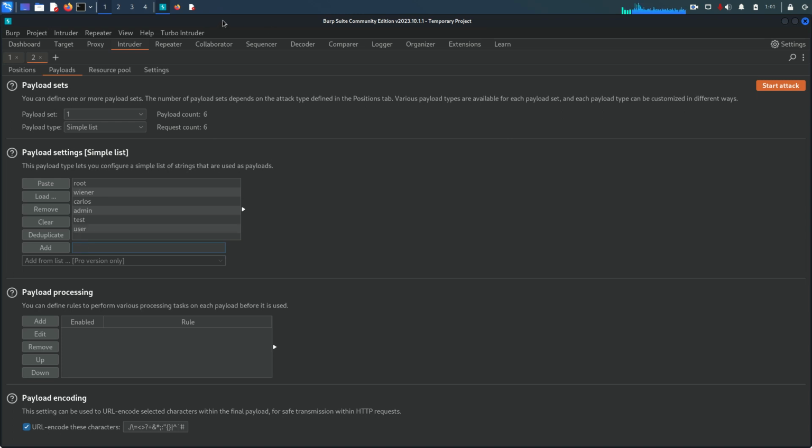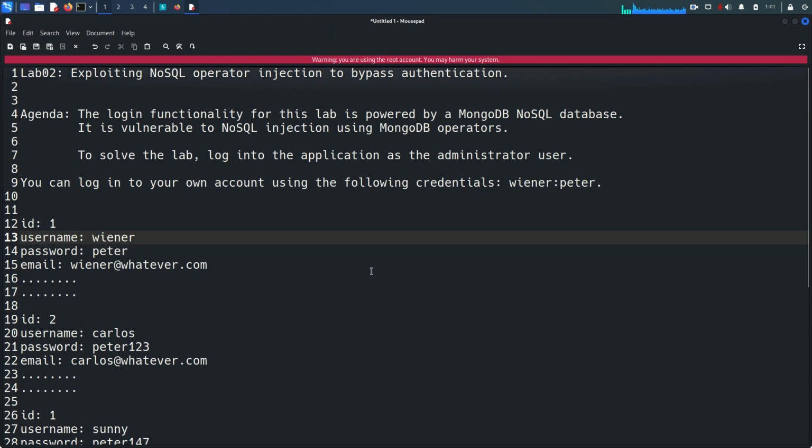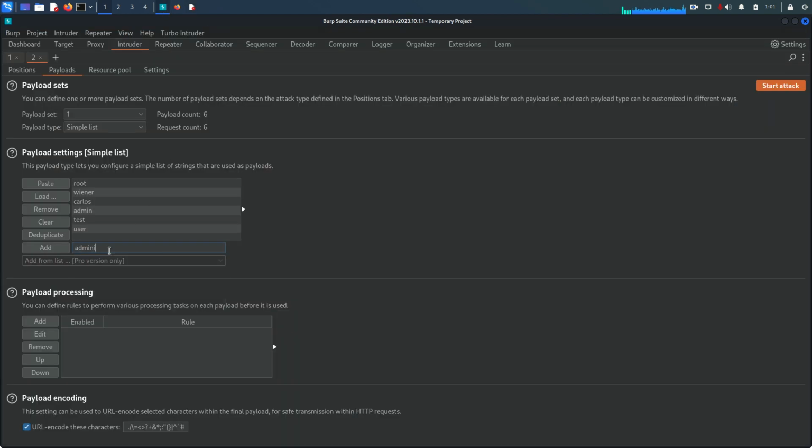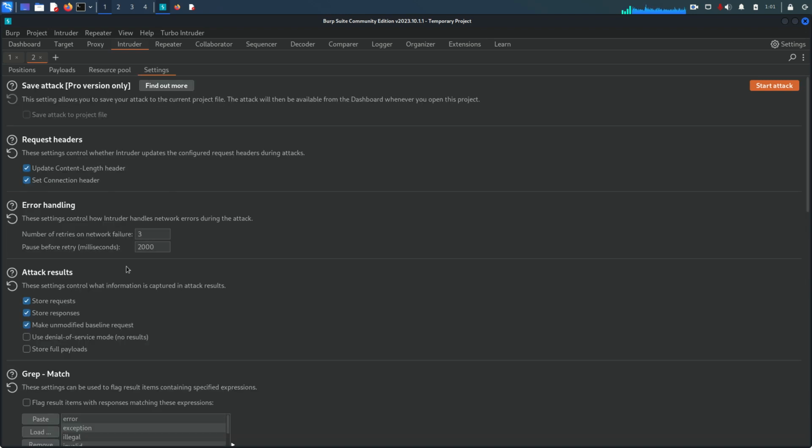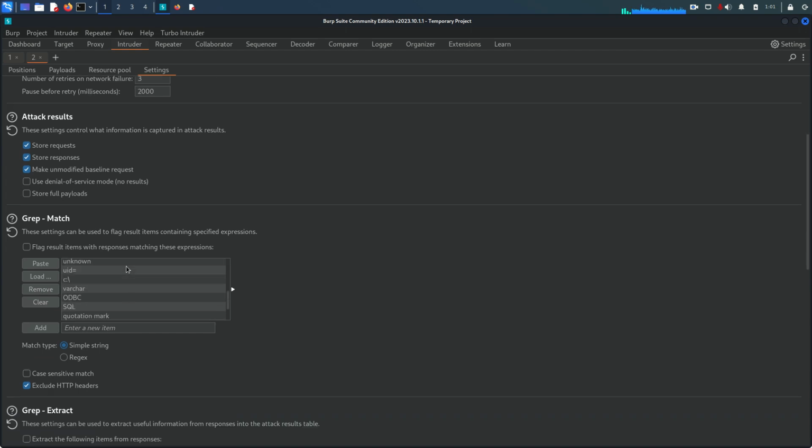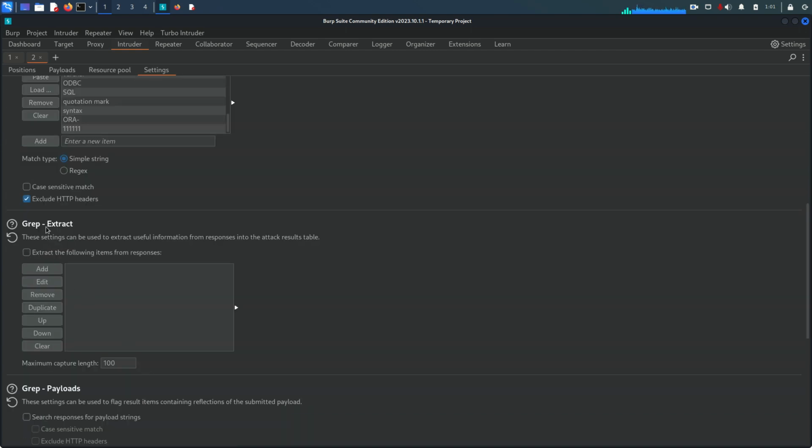User. Okay, and the lab is saying if you want to solve this lab, you need to log in as the administrator user. So I'm also going to add administrator user here. Similarly, you can add more users here, or you can directly load any user list from this load button. So for the test, I'm just going to add all these users. Okay, fine. Go to the settings, and in the settings I'm going to say grep extract, and exactly the following